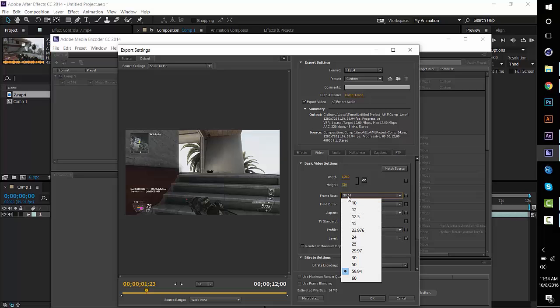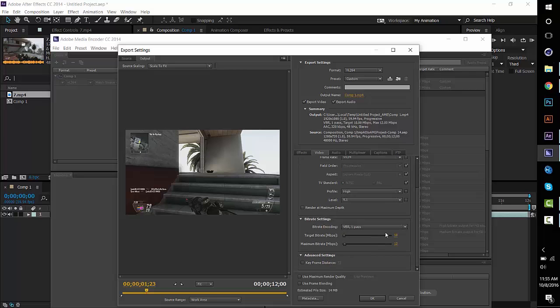Frame rate, since it's 59.94, render in 29.97. And if you wanted to change the dimensions, you could change this from progressive, just keep it as progressive, so you can put that back. Square pixels, make sure that square pixels main, change that to high. And some people use upper or lower first. I just use progressive. Some keep that on there. Keep that. We don't need to change that. Square pixels. Change this to high,